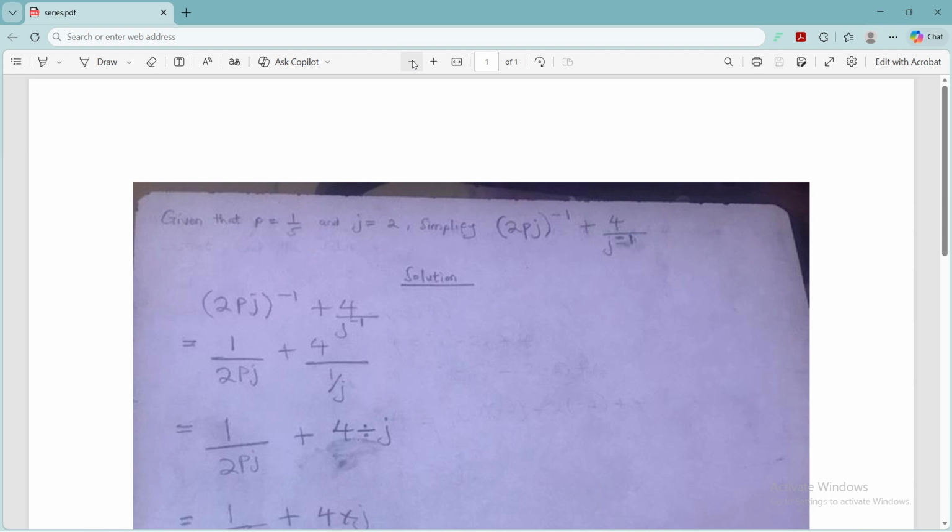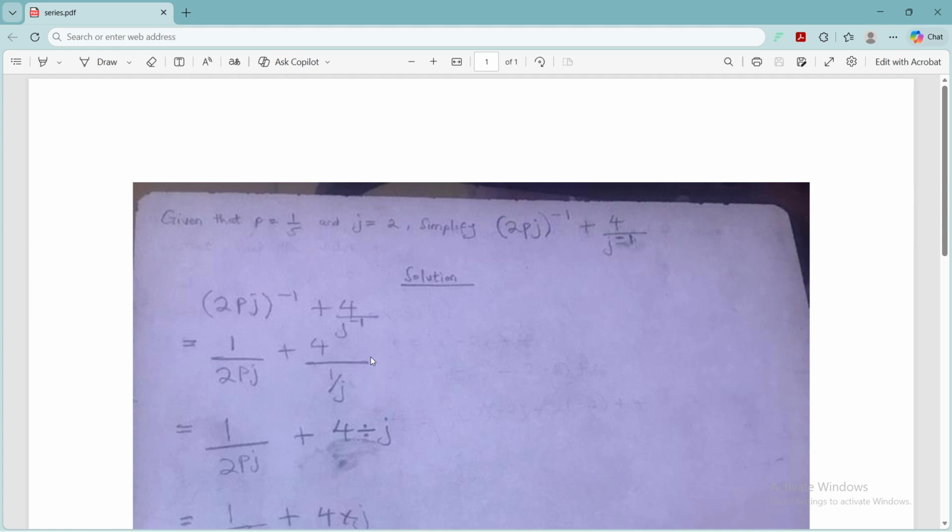Right. So our given expression is (2pj)^-1 plus the fraction 4 divided by j^-1, right? So the value raised to the power negative 1 gives us 1 over the number. When we simplify here, we are going to have the fraction 1 over 2pj, representing (2pj)^-1, plus